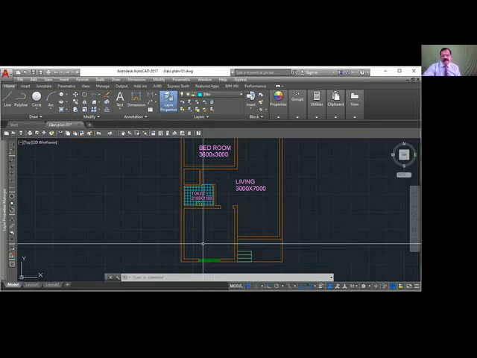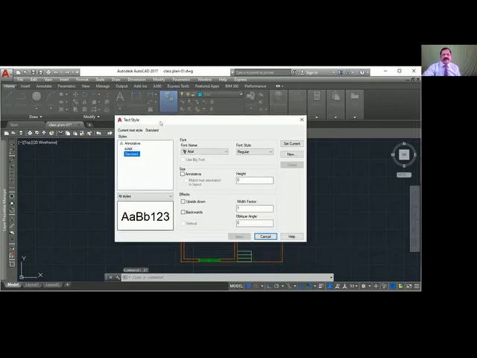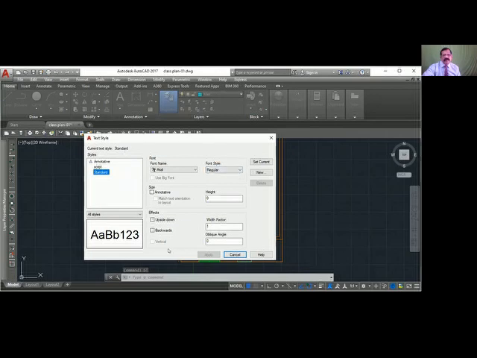You come to this screen. You can see that Standard is the default, and the Standard text style uses Arial font. That is why you are getting Arial font. You can see the preview here.